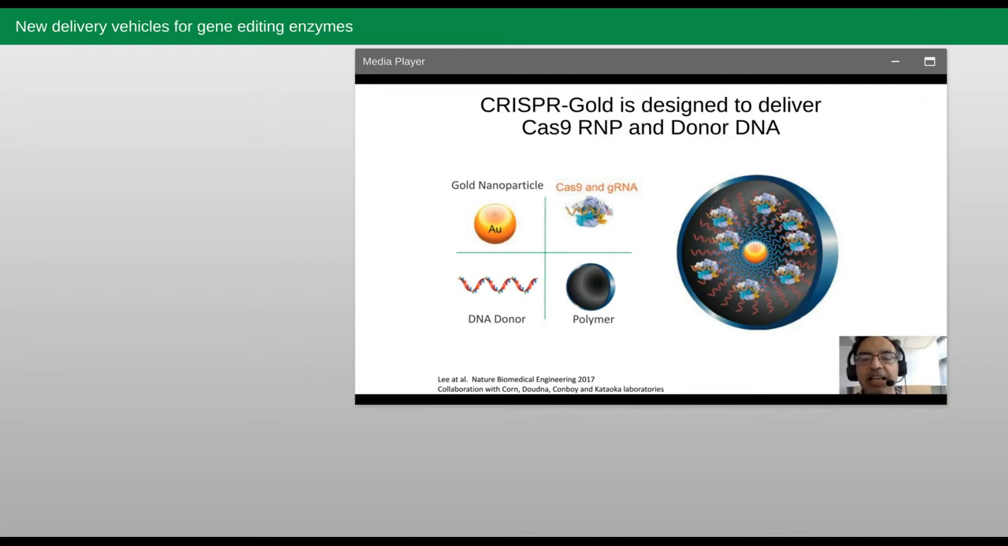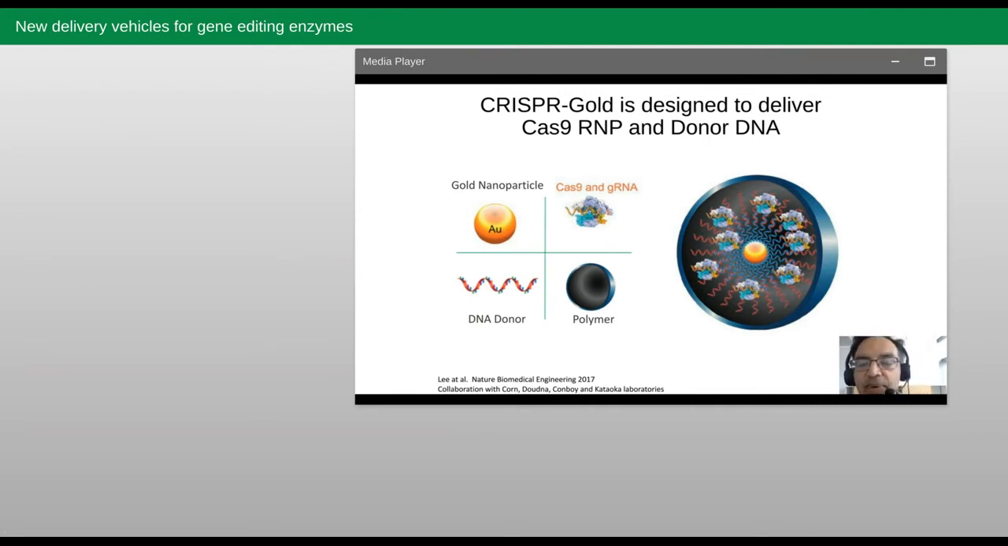CRISPR Gold is a nanoparticle drug delivery strategy that's composed of a gold nanoparticle core, and to that gold core we have conjugated donor DNA. This donor DNA is designed to correct DNA mutations via homology-directed DNA repair, or HDR. Then on that DNA gold core we complex the Cas9 RNP. The Cas9 RNP has fairly high affinity for double-stranded DNA,